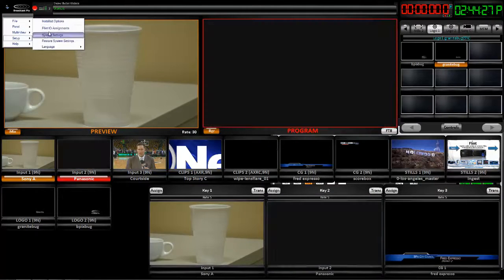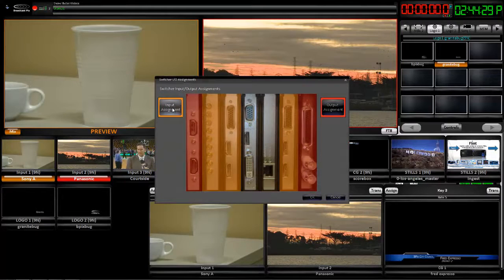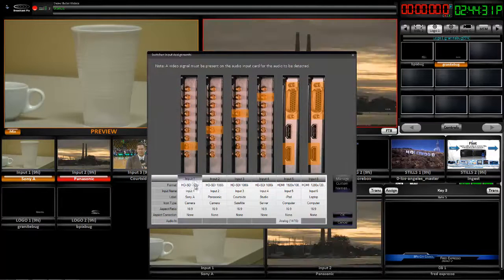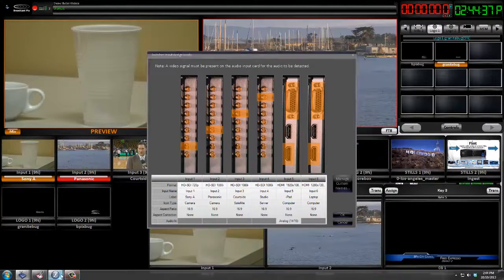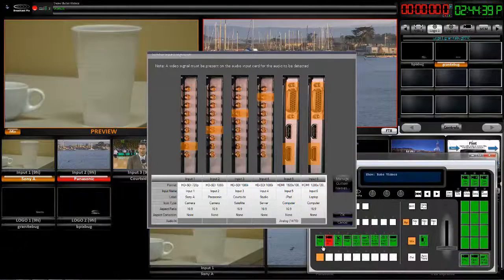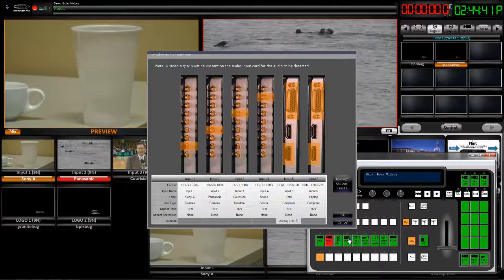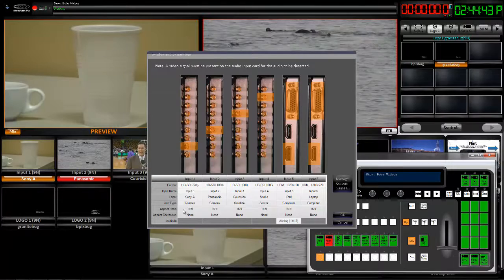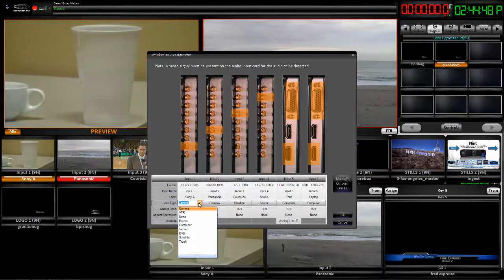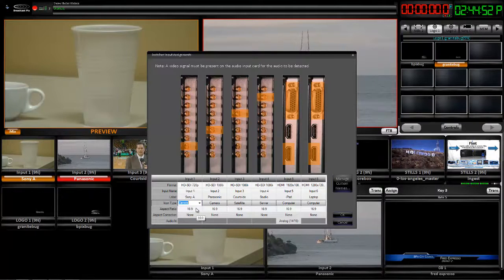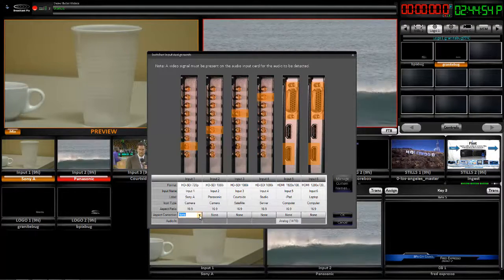Let's have a quick look at our I/O assignments again. You'll also see that there are settings for what the icon is on the button. So if we look at our panel real quick, here you see there's a camera icon, a satellite icon, this is a server icon, and here's where you choose the particular type of icon you might want to appear on the button. You can say what the aspect ratio is of the signal,